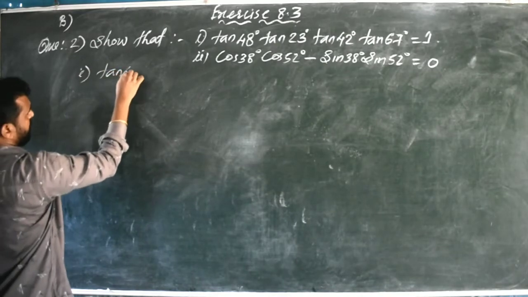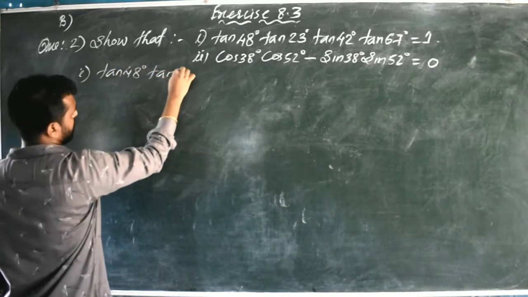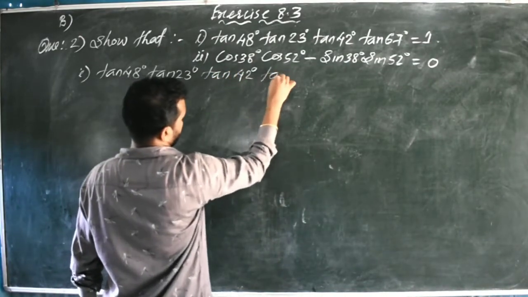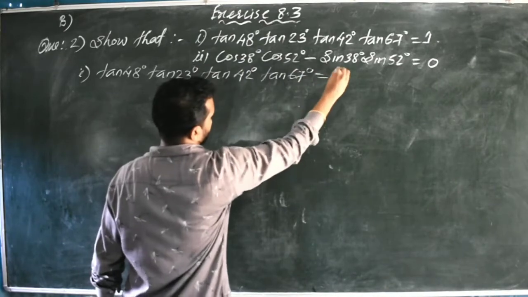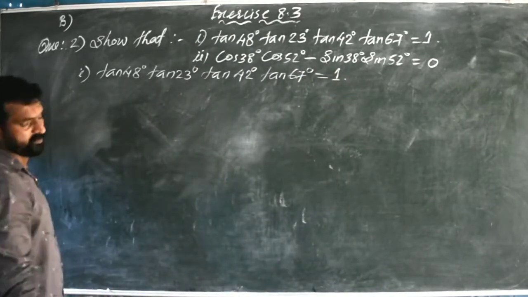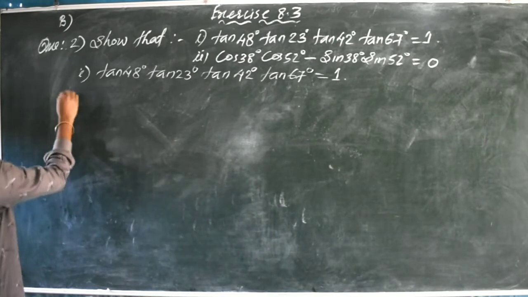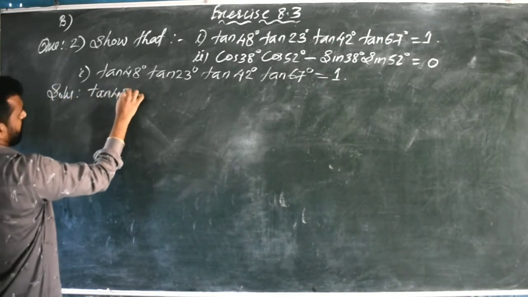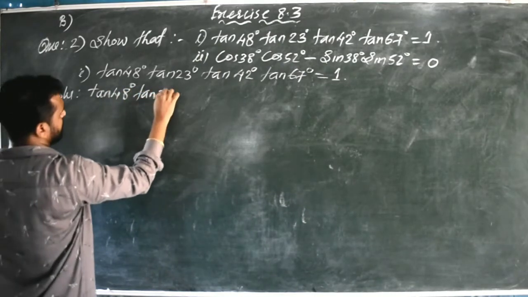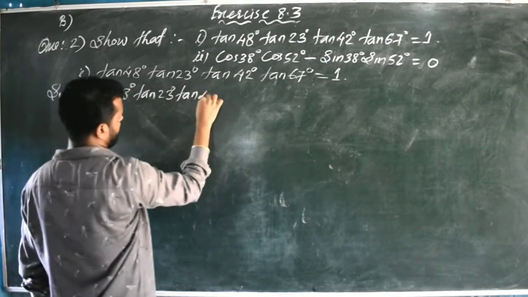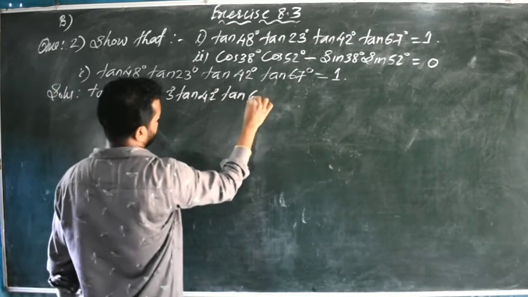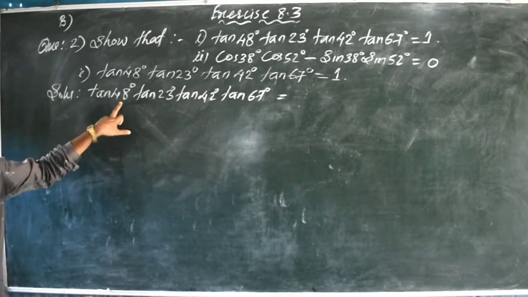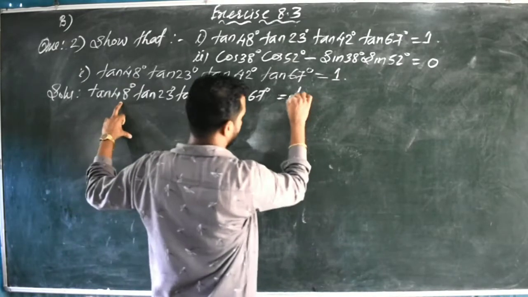tan 48° × tan 23° × tan 42° × tan 67° is equal to, we have to get the answer 1. So we will take the left hand side. The left hand side of this equation is tan 48° × tan 23° × tan 42° × tan 67°, which is equal to tan 48, we will change it into 90 minus theta. Tan (90 minus